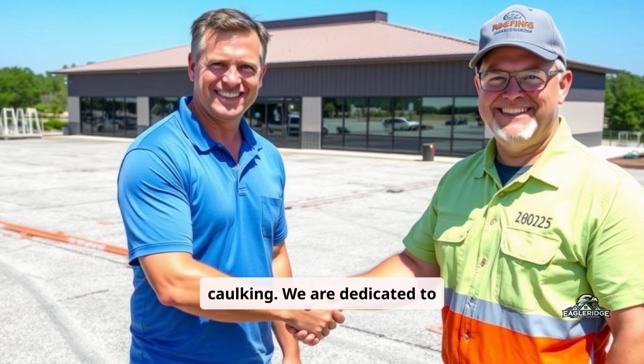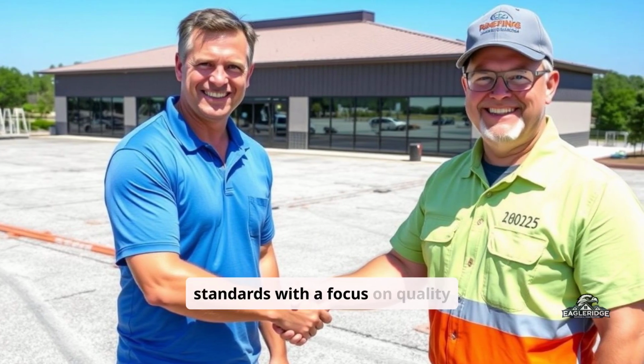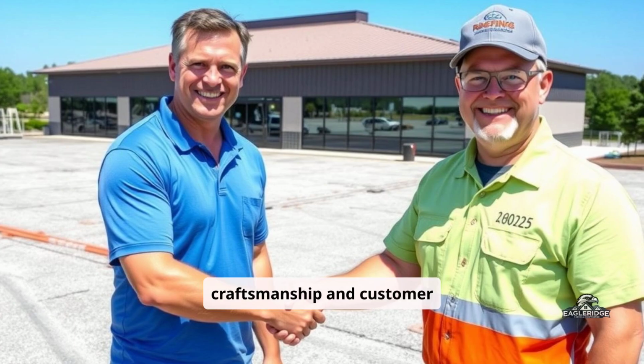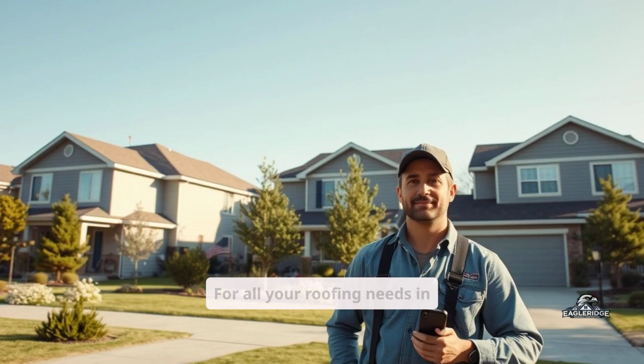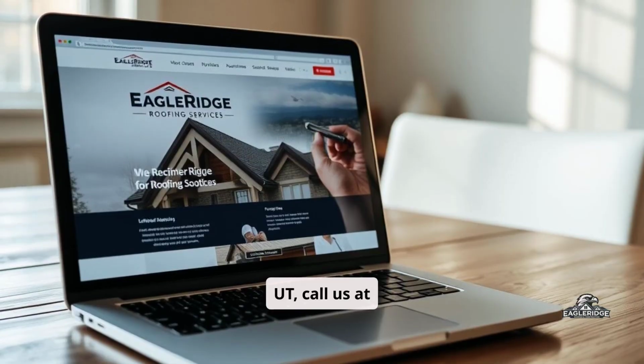We are dedicated to ensuring that every project is completed to the highest standards with a focus on quality craftsmanship and customer satisfaction. For all your roofing needs in Cedar Hills, Utah, call us at